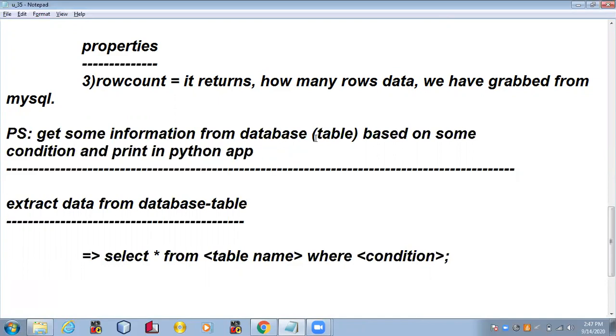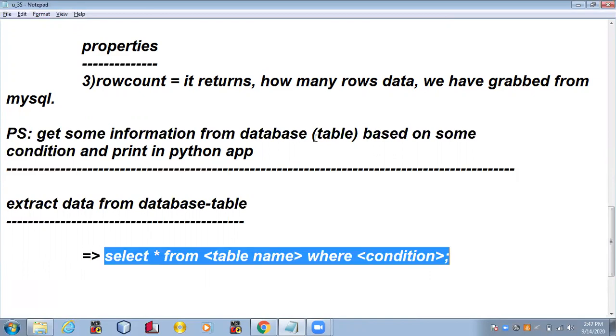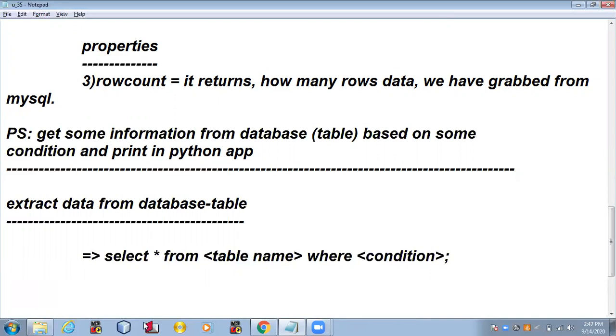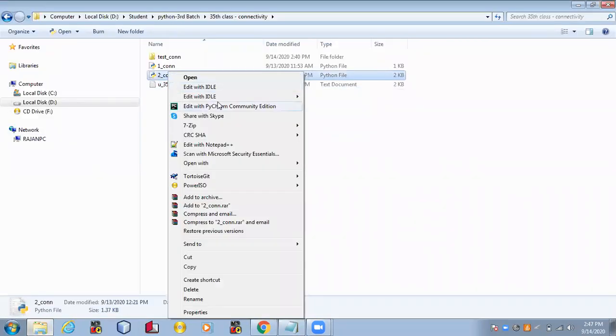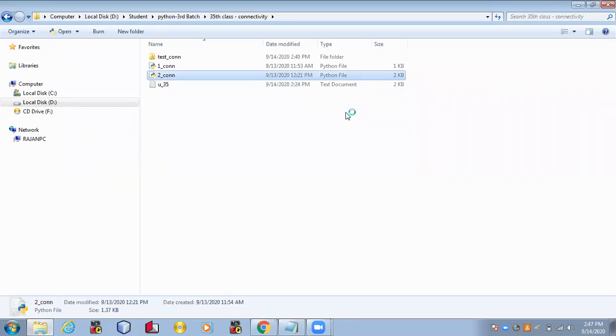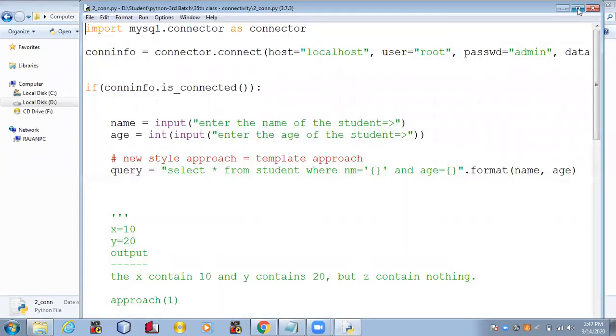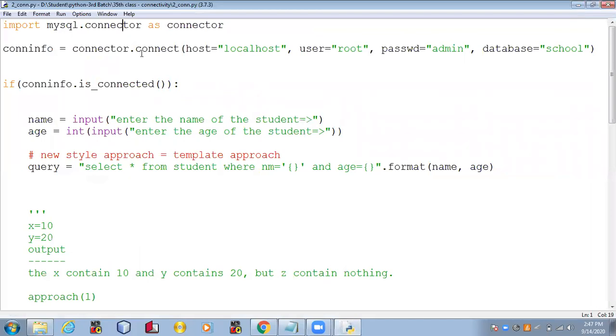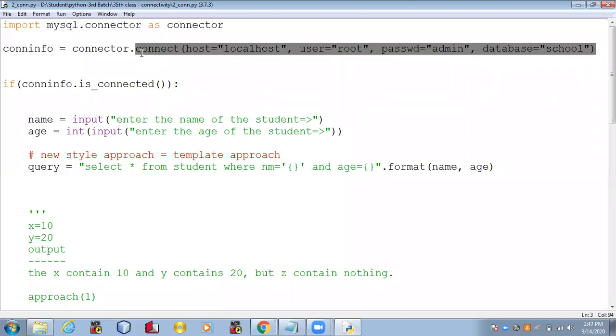So we know that to extract the data from the database table, we have to write this query, right? Let's bring up that problem. First you need to include the library, then call the connect method to connect your application with the MySQL.